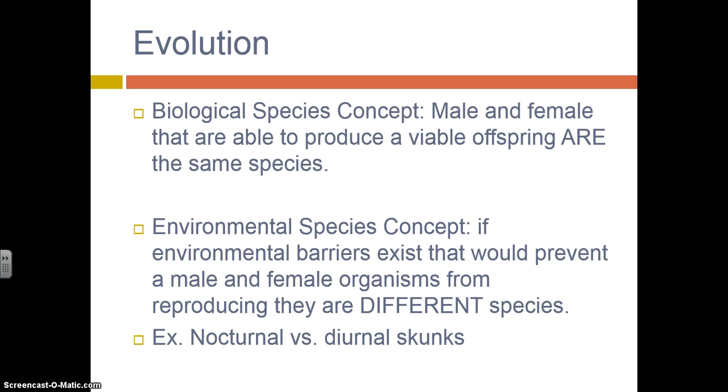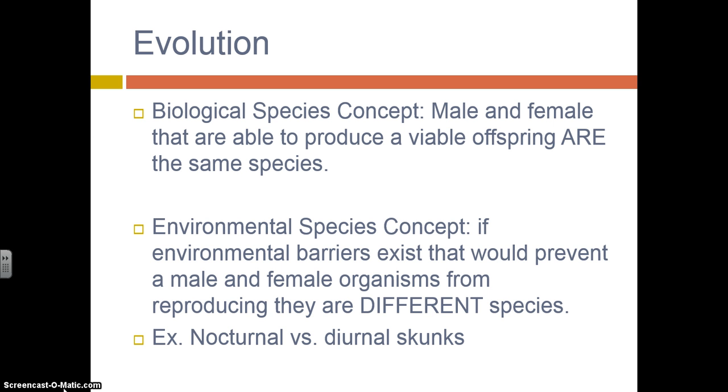Now, a viable offspring is considered an organism that can make more offspring. So, for example, a donkey and a horse can make an offspring known as the mule, but the mule cannot make more mules. Therefore, the donkey and the horse are not technically the same species because they do not create a viable offspring. Okay? So, organisms that can freely interbreed are the same species, and that is the biological species